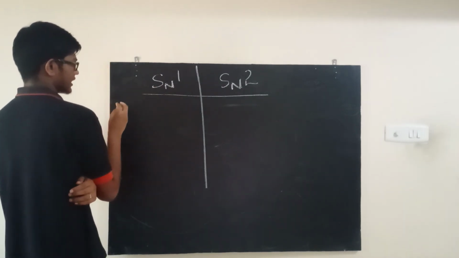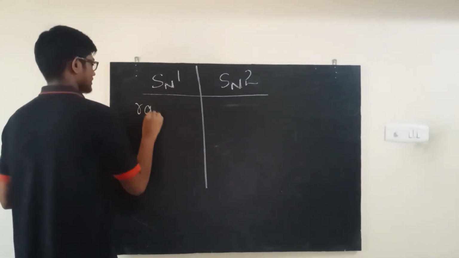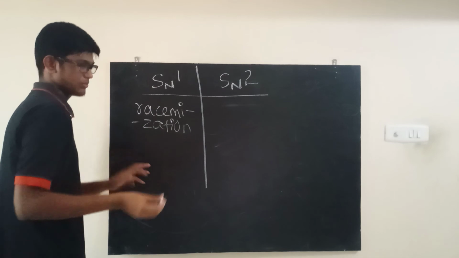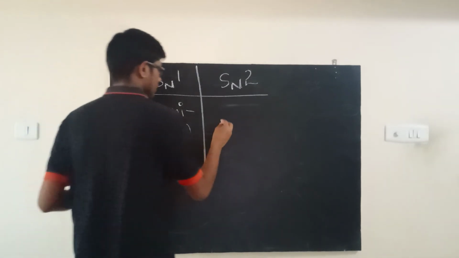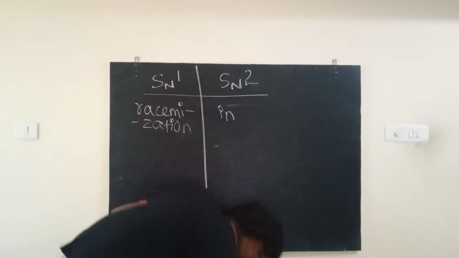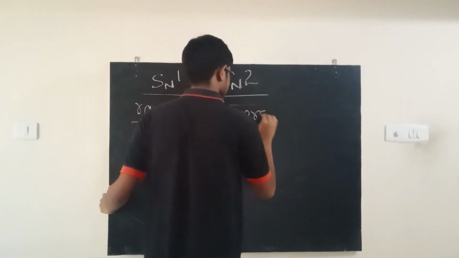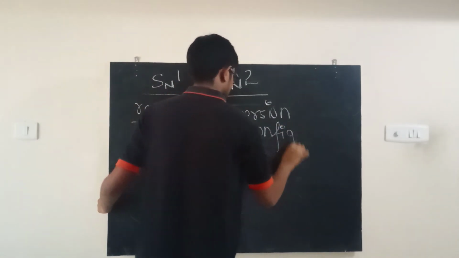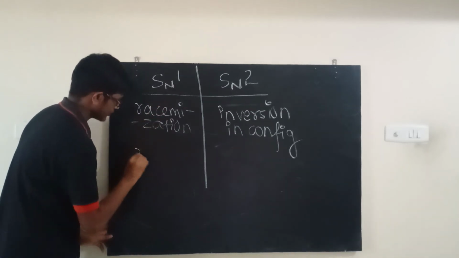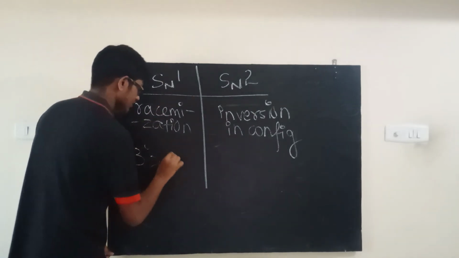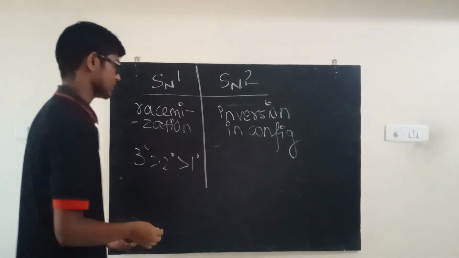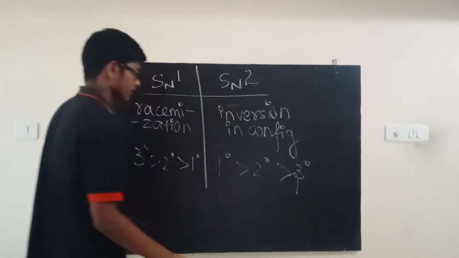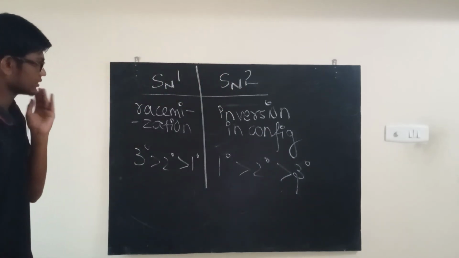But till now, we can say that in SN1, you have racemization. Not always, you don't get perfect racemization, but we will just approximate 50-50. Here you have inversion, not in stereochemistry, but you have inversion in configuration. Okay? So that's important. Second, SN1 will be preferred by a tertiary carbocation the most, followed by secondary. Primary is least likely because the primary carbocation is least stable. SN2 is exactly opposite, because you want to keep the carbon as less hindered as possible.